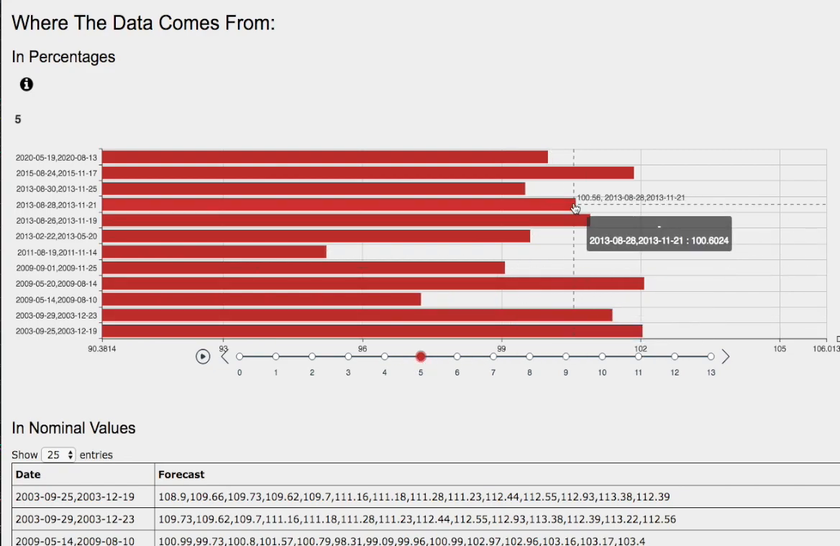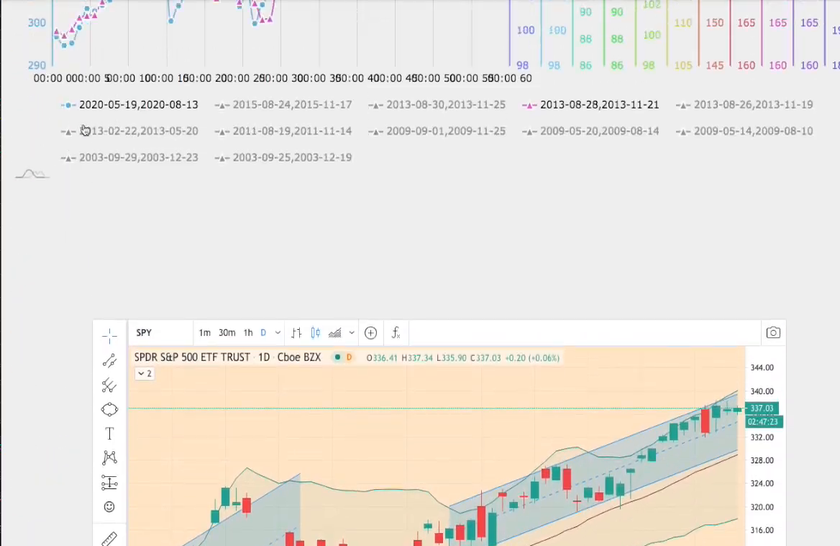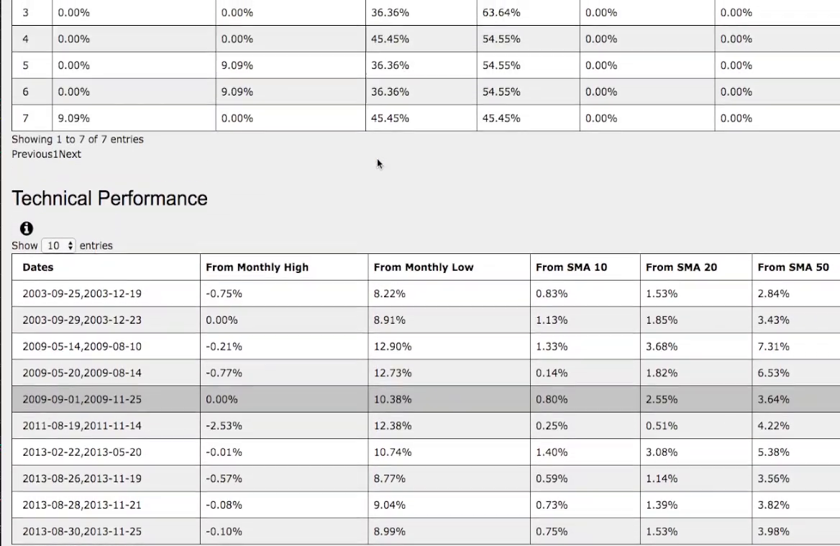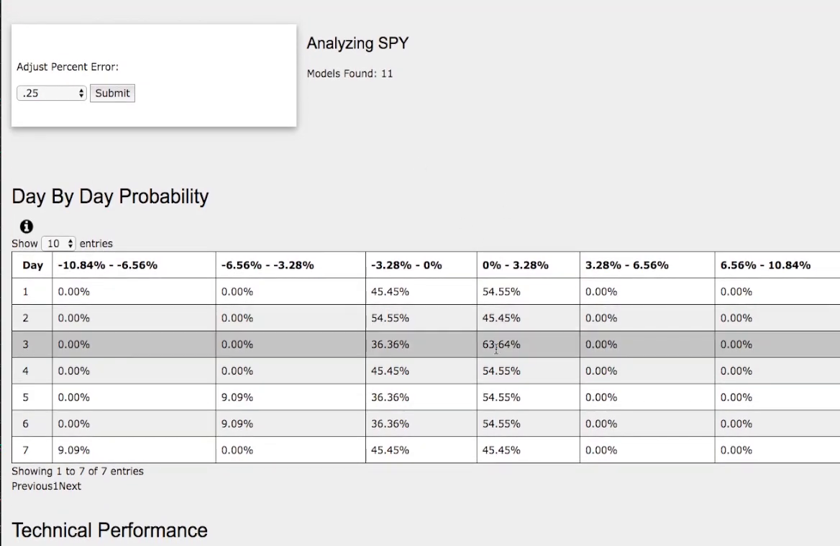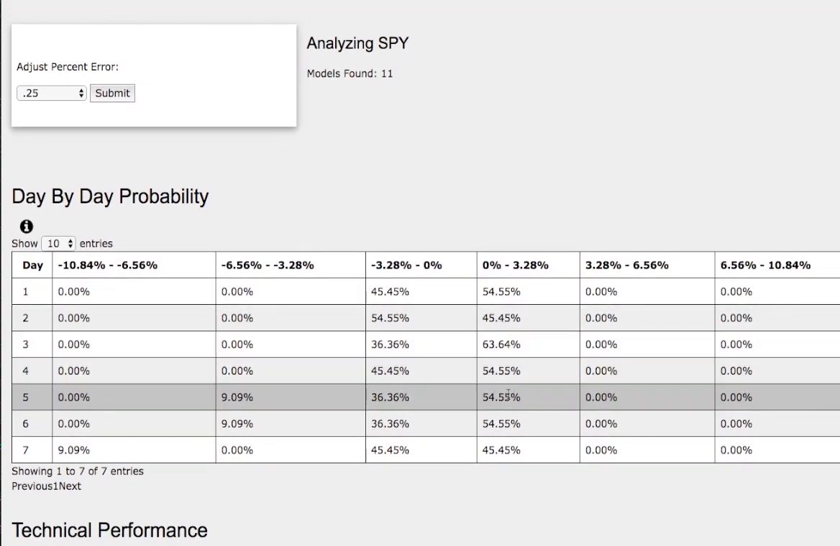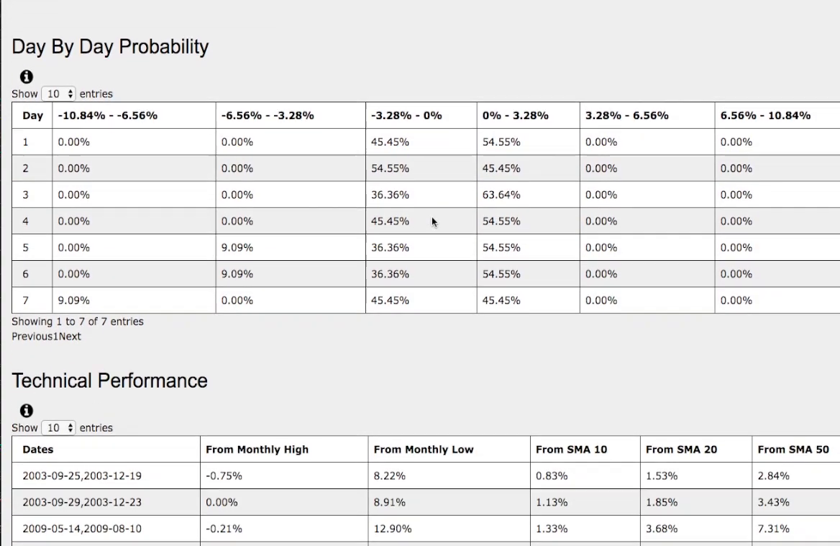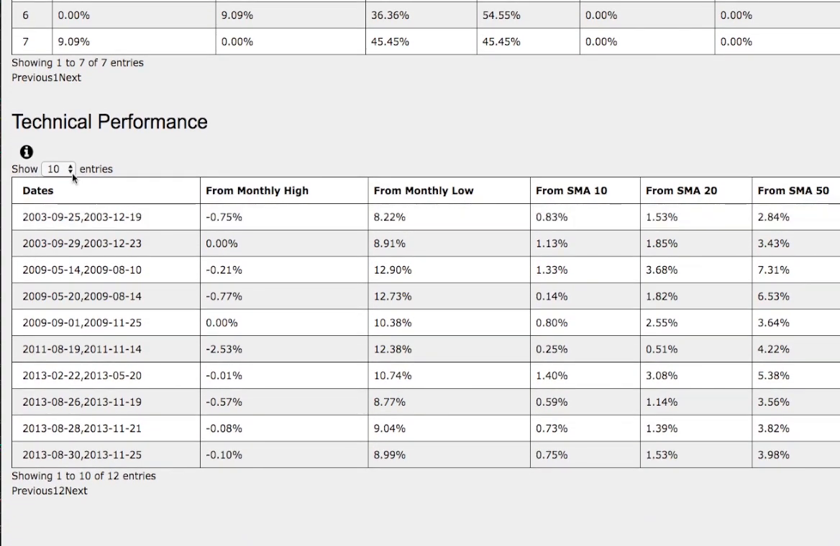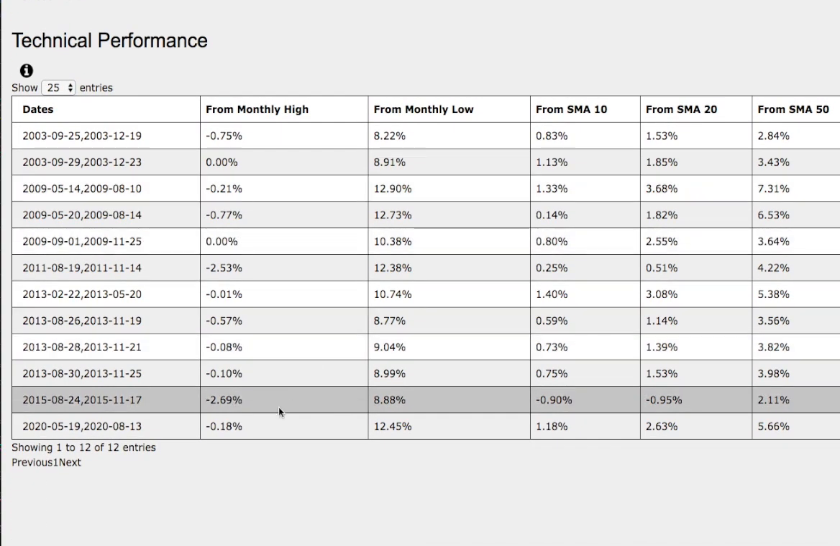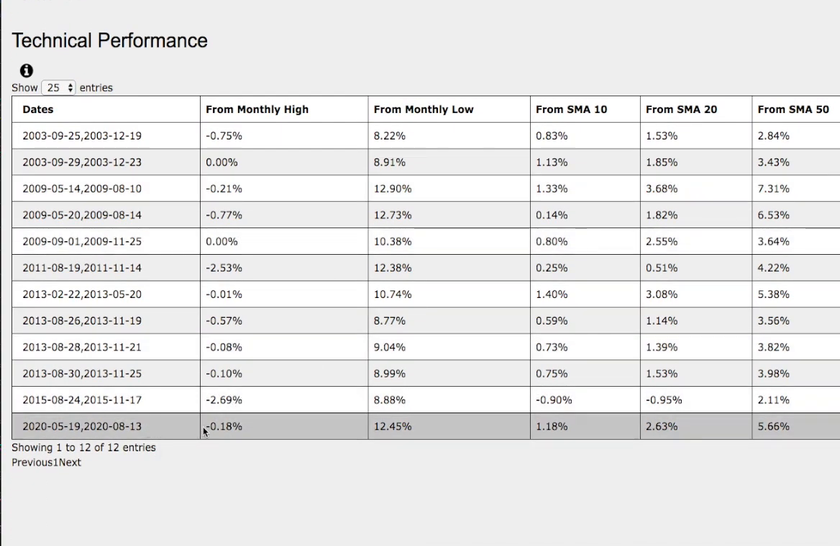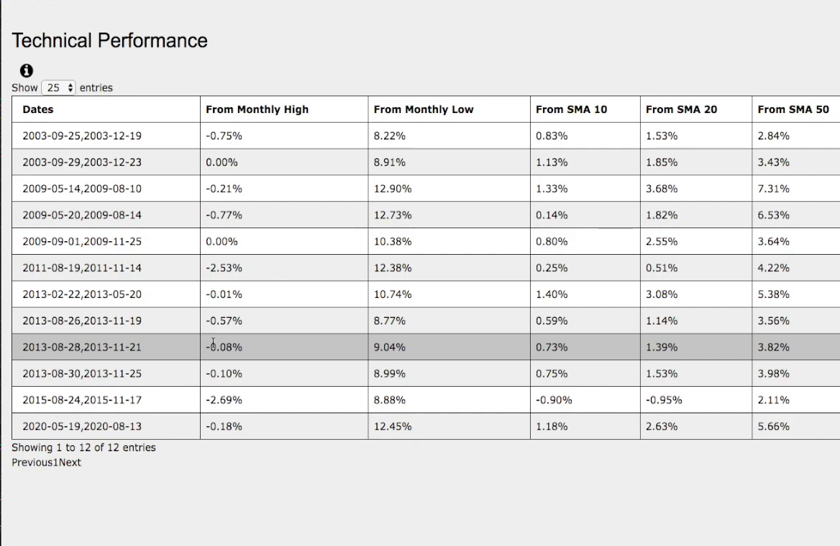So back then, the S&P 500 continued to climb roughly around, say, 60 basis points, so slightly to the upside. And if we examine the day-by-day probability model, that coincides with this standard deviation of 55% chance to climb between 0 to 3%. If we examine closer the technical performance of each trend, the current trend, what we have right now, compared to the trend that we found in the past, back then